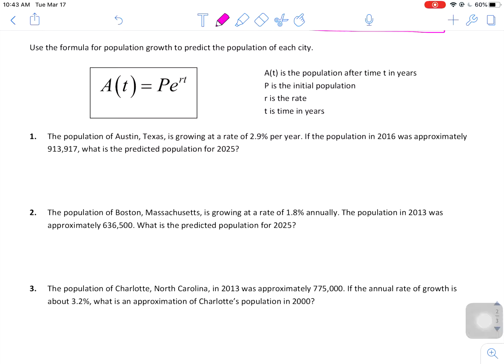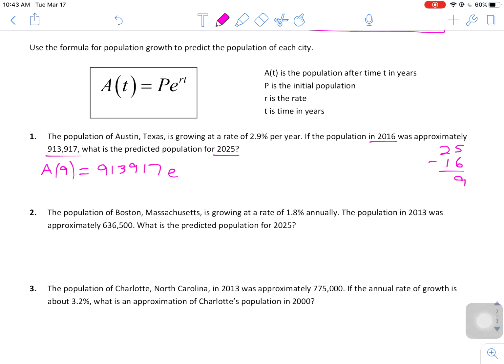we have a starting year of 2016, and then we want to know the predicted population for 2025. So basically 25 minus 16 is going to get us our T value, our number of years, so 9 years. So I have A of 9 equals, and then the initial population is this number here,